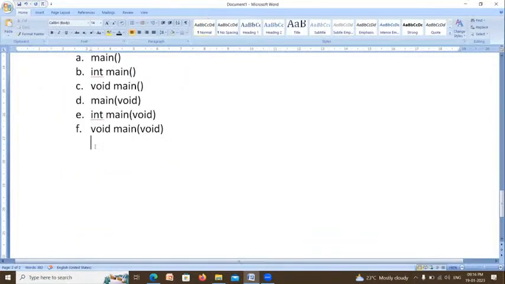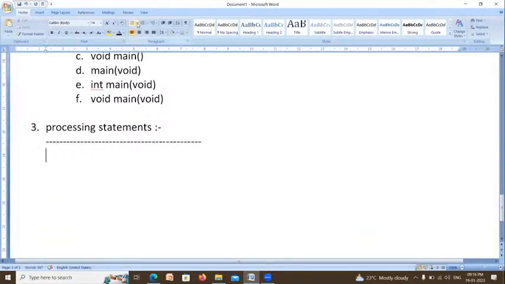Now the third part is called processing statements. Processing statements means actually it is the solution to the program. It explains three things. One is what to do in order to solve a problem.